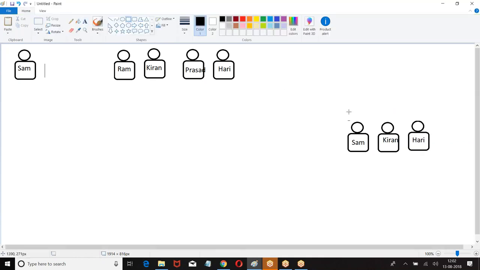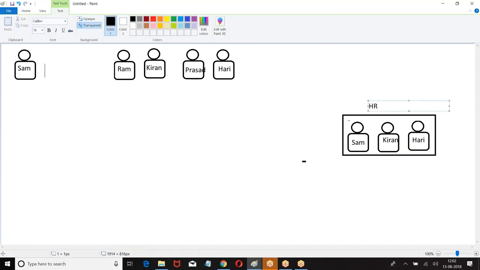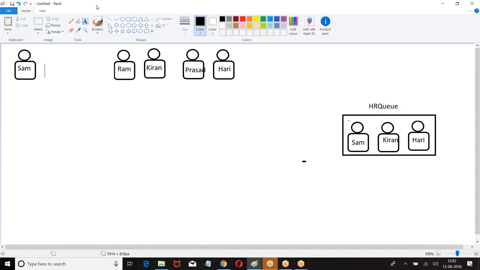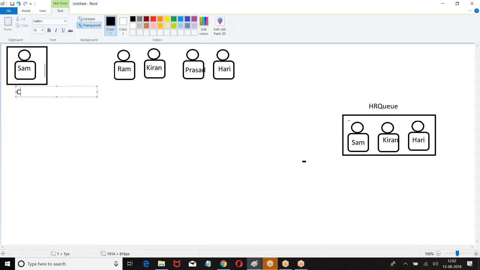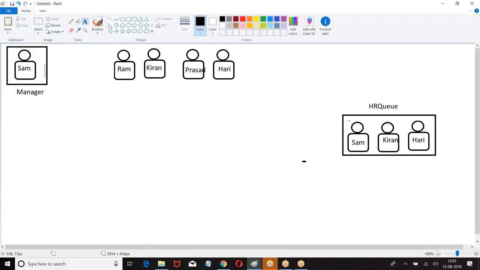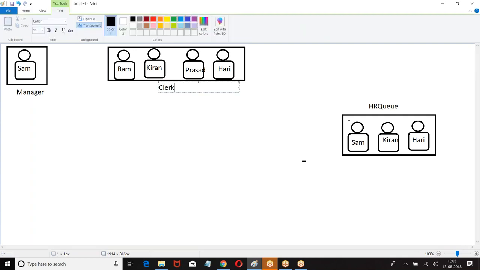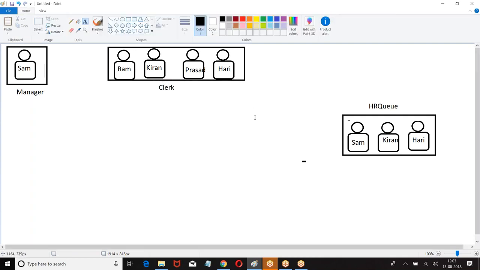Listen carefully. I told you a task can be assigned to an owner, or to a role, or to a user. This guy has a role of manager. This guy has a role of clerk. And this is a queue.